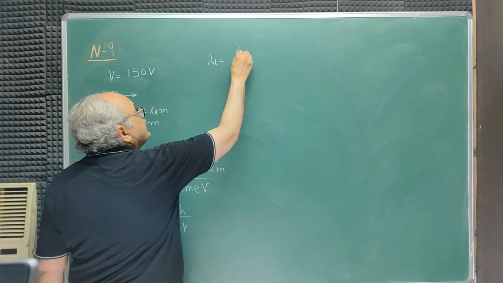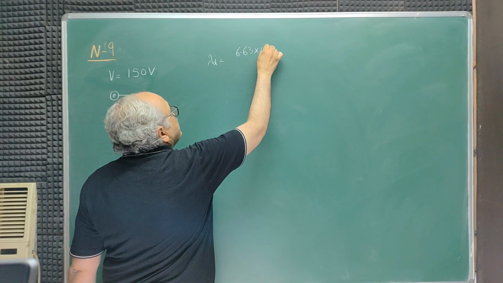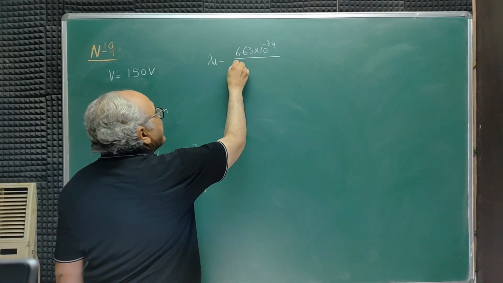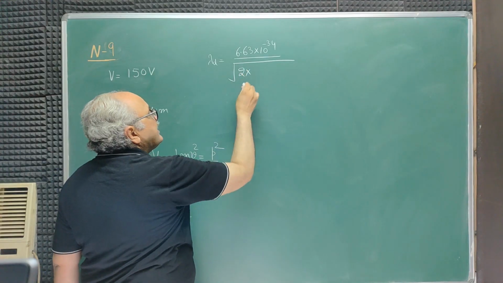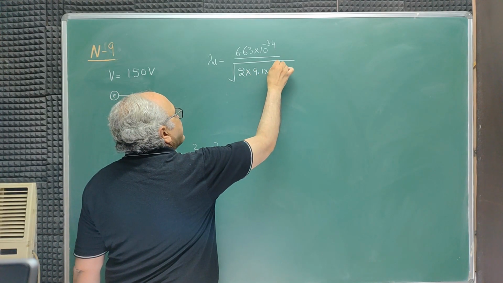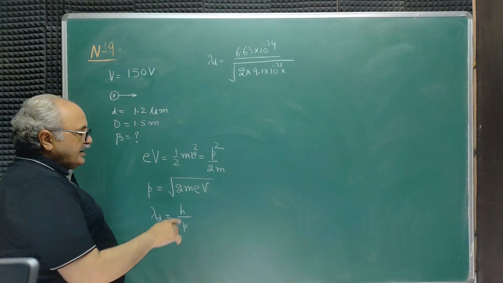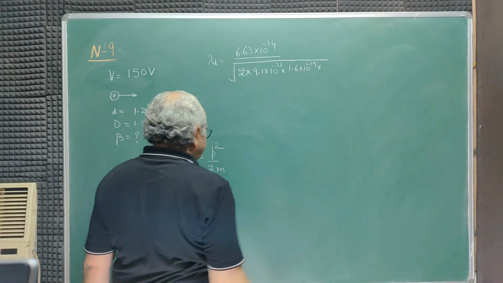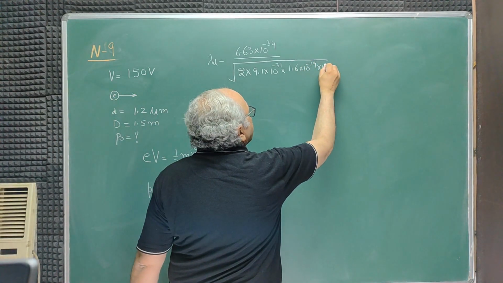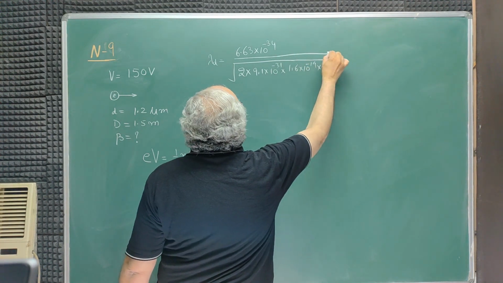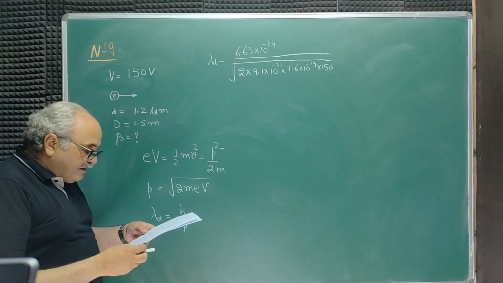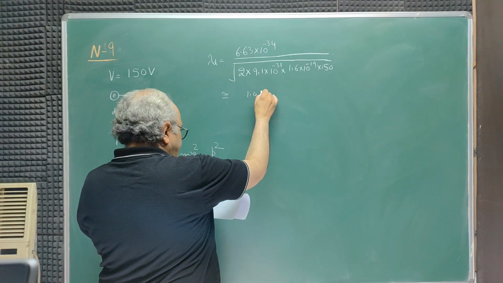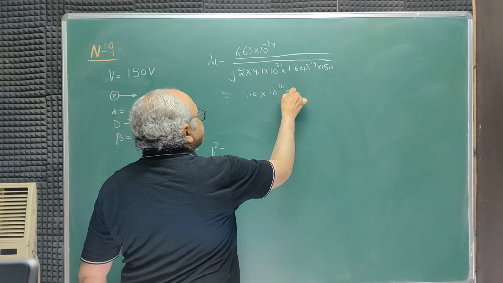This is equal to 6.63 times 10 to the power minus 34 in the SI system, the value of h, and the momentum is given as twice the mass of the electron, 9.1 times 10 to the power minus 31, electronic charge as 1.6 times 10 to the power minus 19 coulomb, and the accelerating voltage is 150 volt. Calculating the wavelength, we get the wavelength near about 1.0 times 10 to the power minus 10 meter,